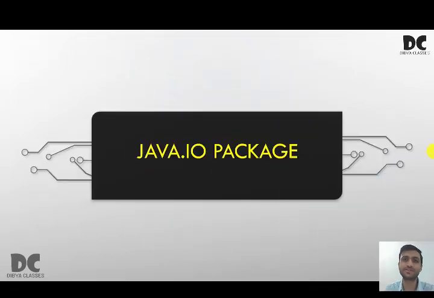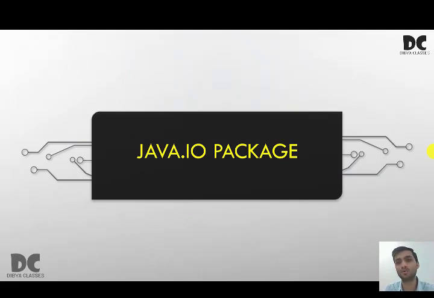So today we'll continue with chapter 8. Till now we have understood about the library classes of Java, and last class we started studying about java.lang. So today we'll study about another package, that is java.io package. So let us start.